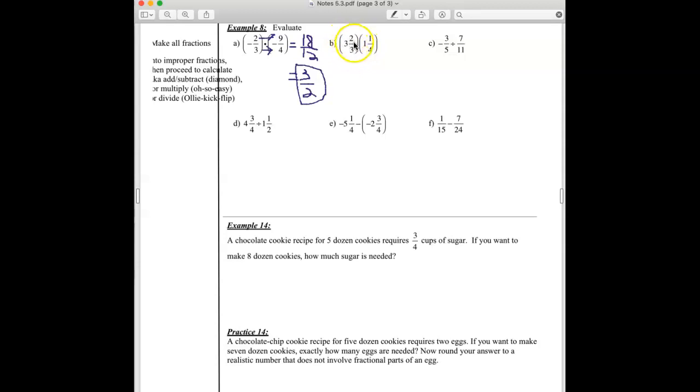These right here, I'm not going to be able to show all the work, but remember to change this to an improper fraction, we make that little loop from the bottom to the top. We multiply, we add. 3 times 3 is 9. 9 plus 2 is 11. So this first fraction is